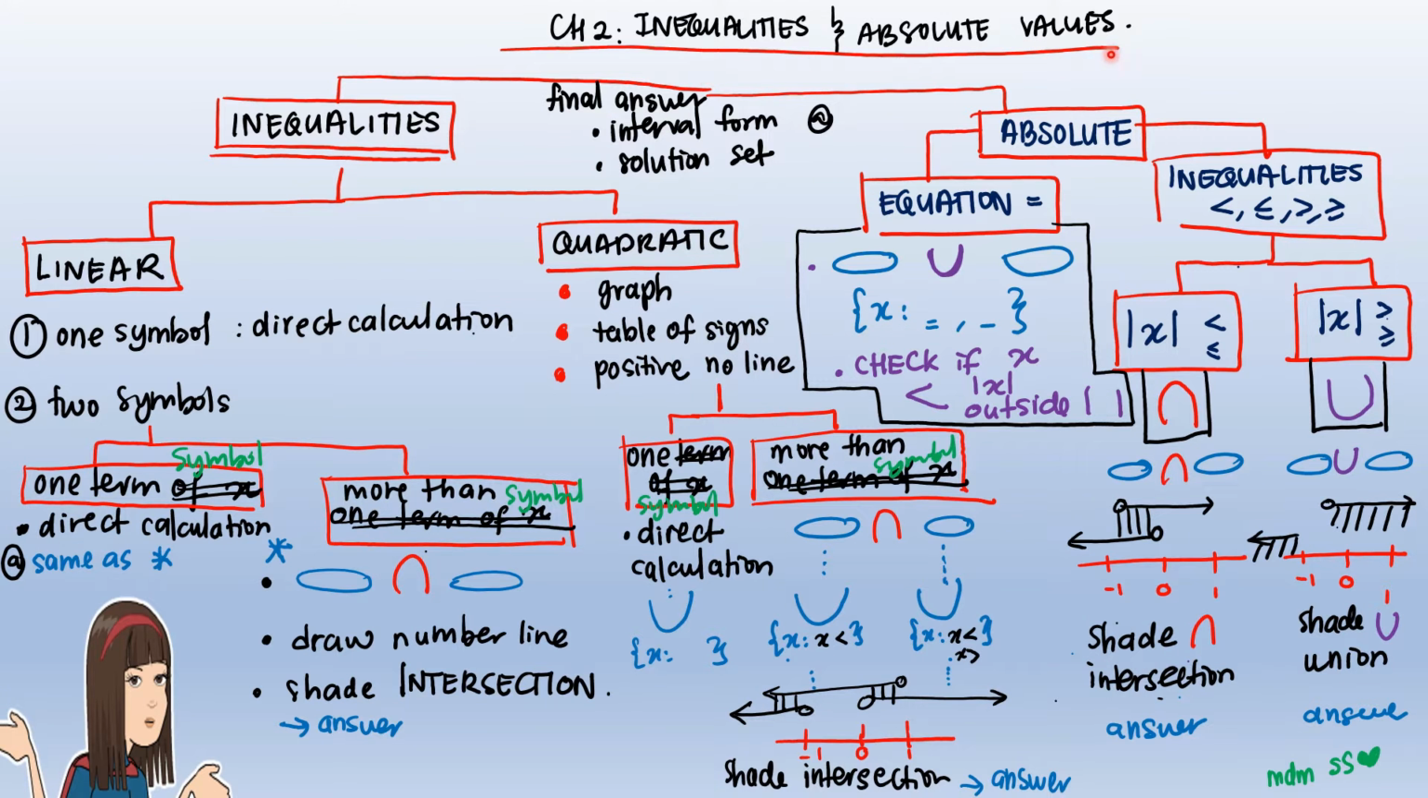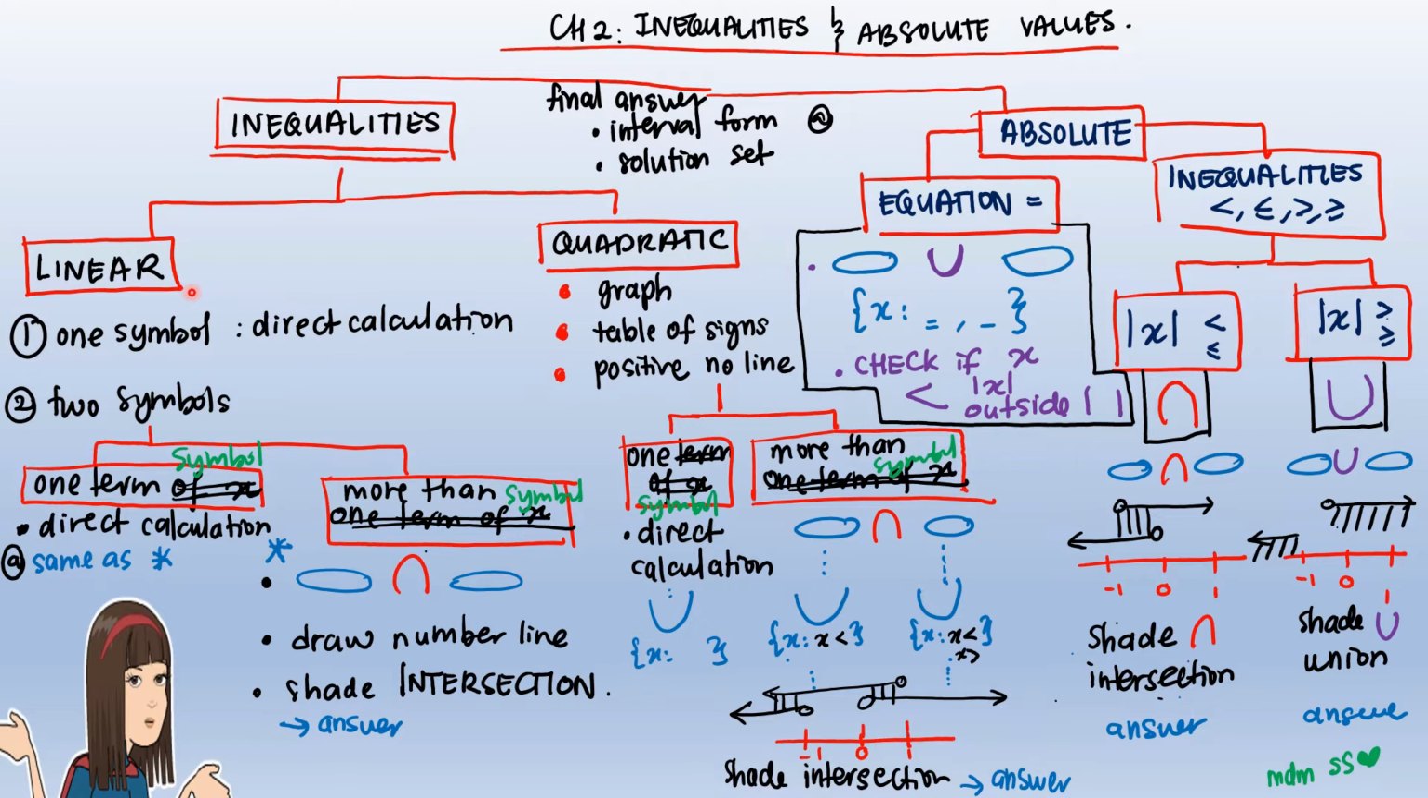Okay, for chapter 2, inequalities and absolute values, do you remember what you have for this chapter? For you to remember, please do summary notes on what you did learn. For example, for chapter 2, you have inequalities and absolute values. Inequalities are divided into two parts, which is linear, meaning x, and quadratic, meaning x to the power of